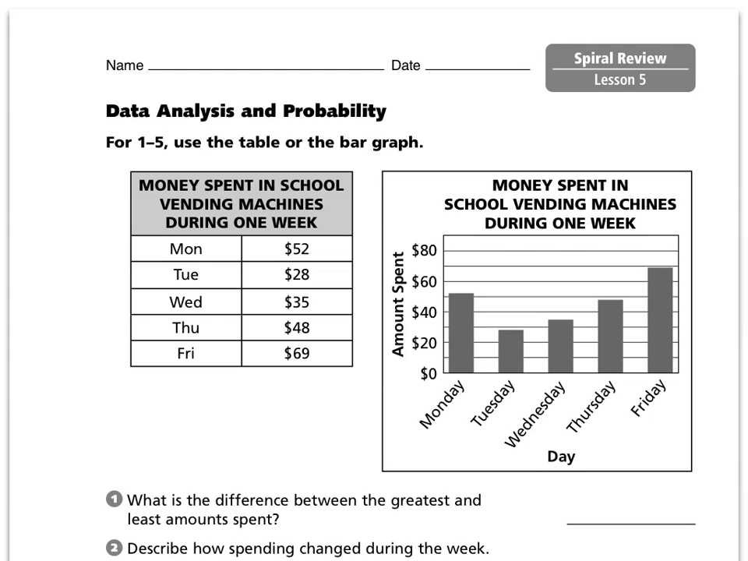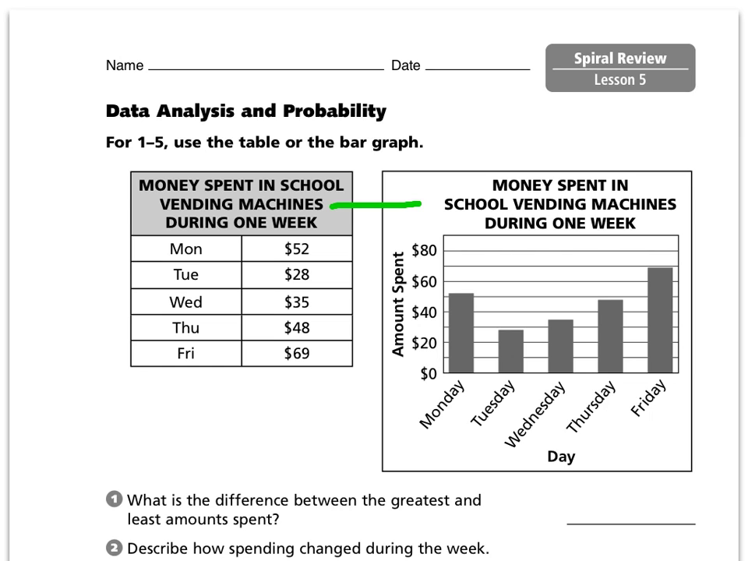Let's look at Chapter 4, Lesson 5 Review, Data Analysis and Probability. For 1 through 5, use the table or the bar graph. So looking at this, let's figure out what the table and bar graph represent. Our titles here show that the table and bar graph are representing money spent in school vending machines during